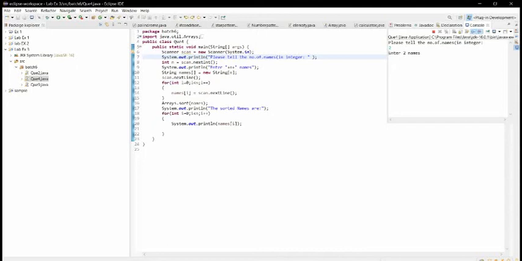The first name is Karunya, which is starting with K, and the second one is Paul. Here K is smaller than P, so we get the same order.